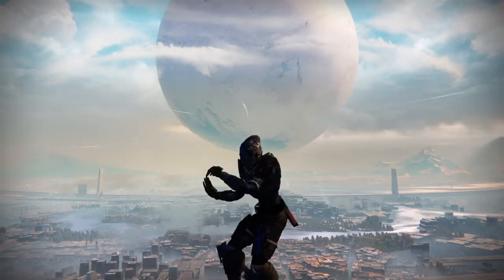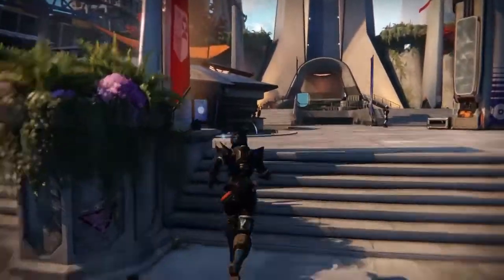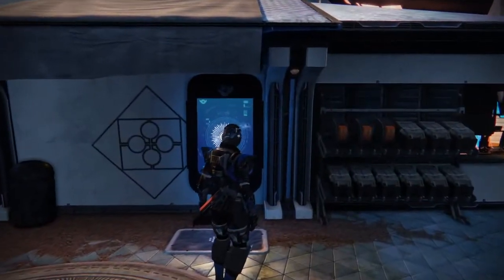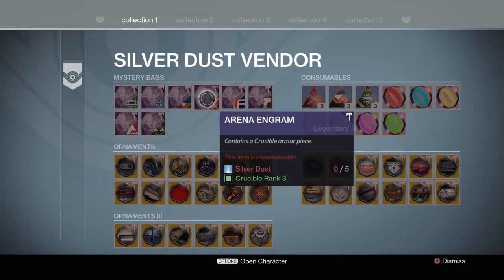So I want to just quickly showcase a couple of armor sets that I've been collecting in Destiny. I know it's a very old game and all that stuff, but there's a couple of armor sets that I've been collecting so far, specifically from inside the Silver Dust vendor in the Arena Engrams. So for all my classes, I've been trying to collect an armor set or two from this engram here,